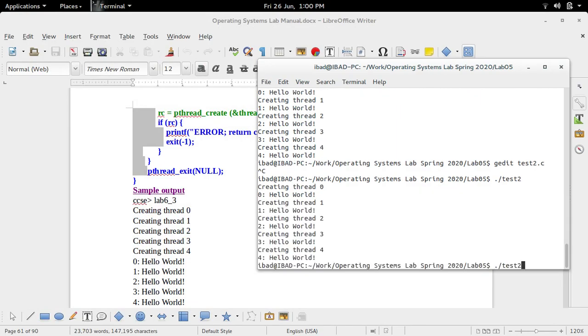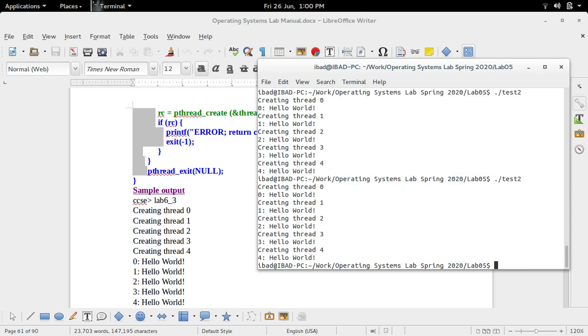Yeah, it doesn't depend how many times I run this code, we'll have the same output because I have used a waiting function in the program. Okay,